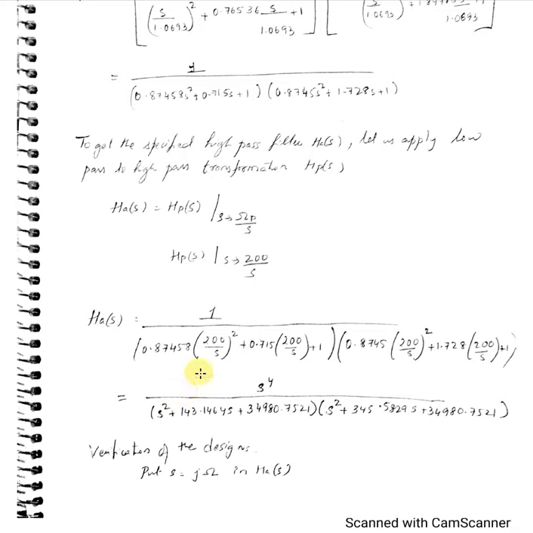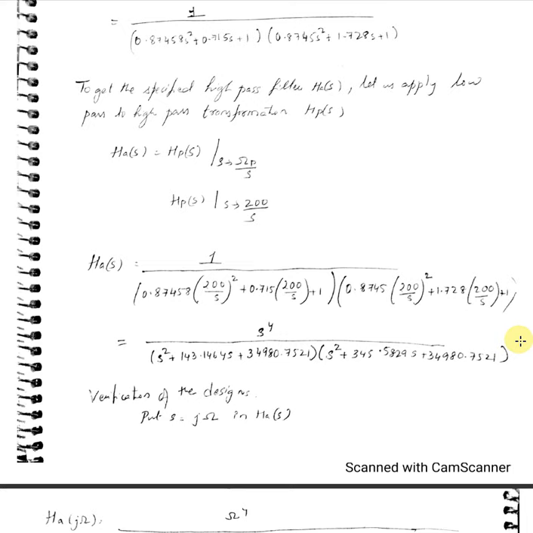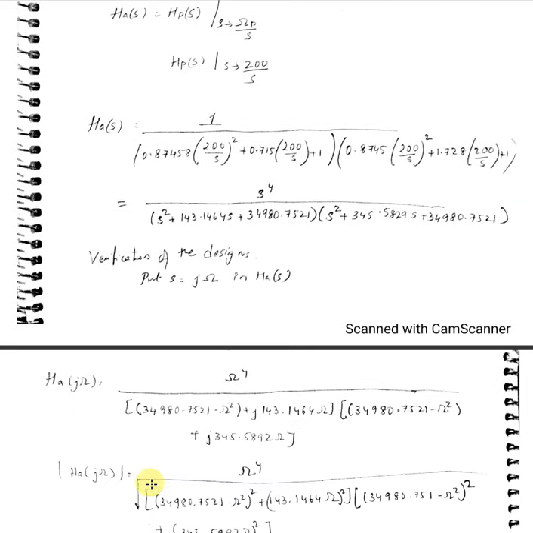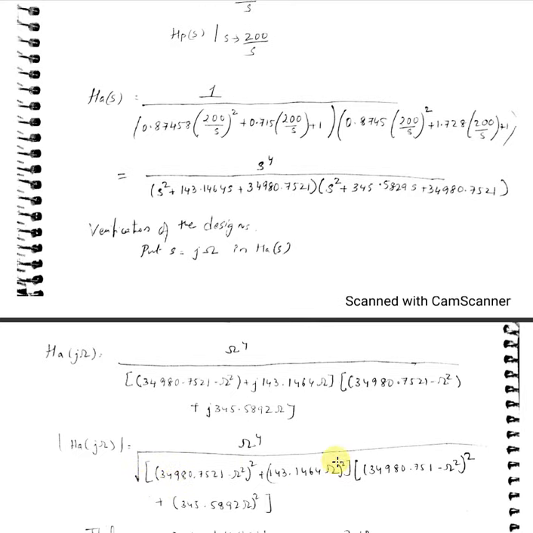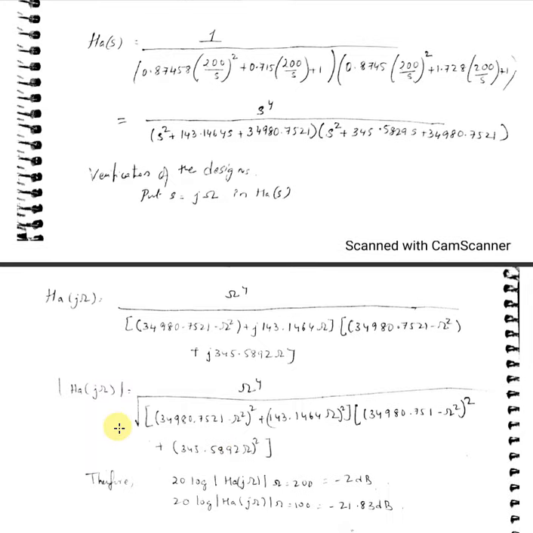Whatever value you obtain, in that substitute omega. All your j terms, when you substitute j omega, j will be there. When you take the magnitude, the j terms will go. Wherever omega is there, once you replace it by 200 in this equation, take log of it, multiply it by 20, it should give you minus 2 dB. That is nothing but the attenuation for that particular frequency. Similarly, you might not get the exact one. It might change a little bit here and there, but it should be absolutely fine. You can understand that at least you are getting a nearer value.